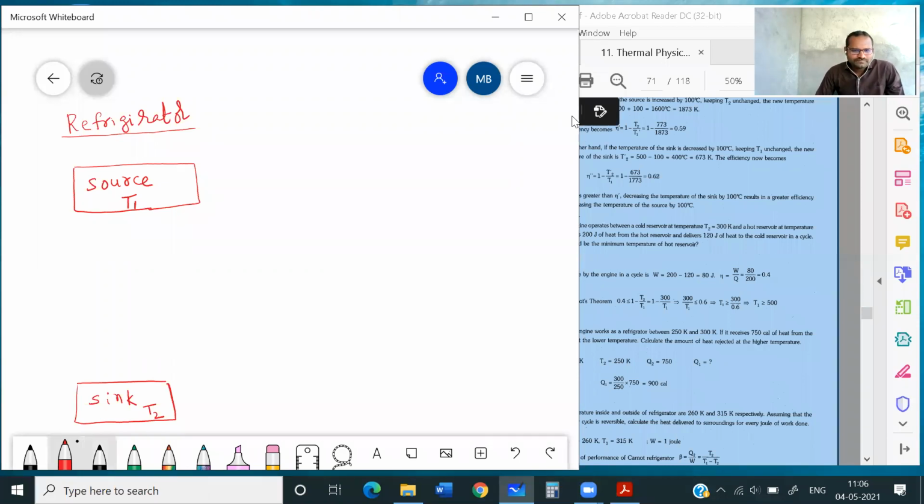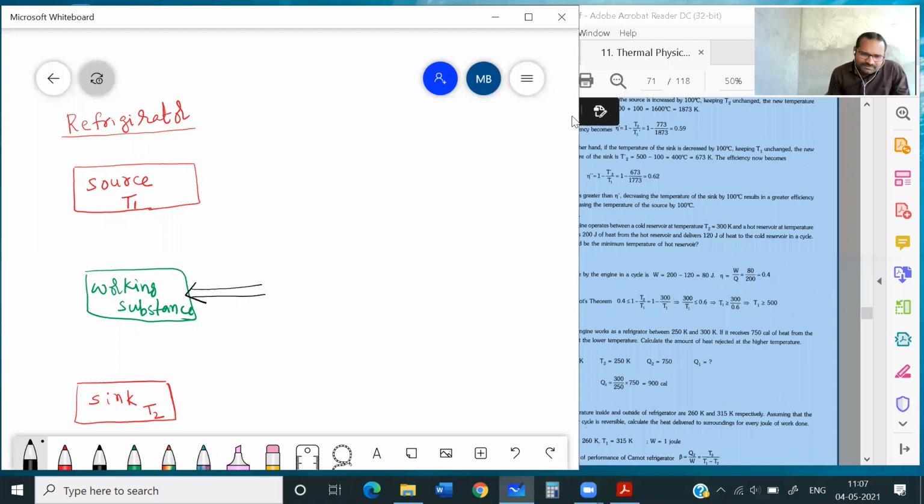Now, it will have one working substance also, which can perform work. What will this working substance do? Simple technique: some work will be done on this working substance. First, we will switch on the electric current. Same as this, some work will be done.